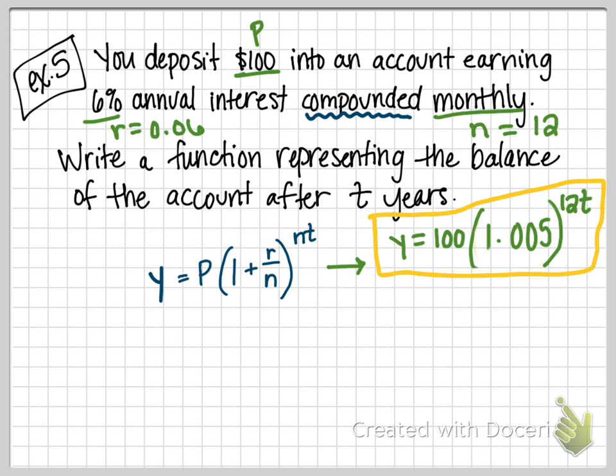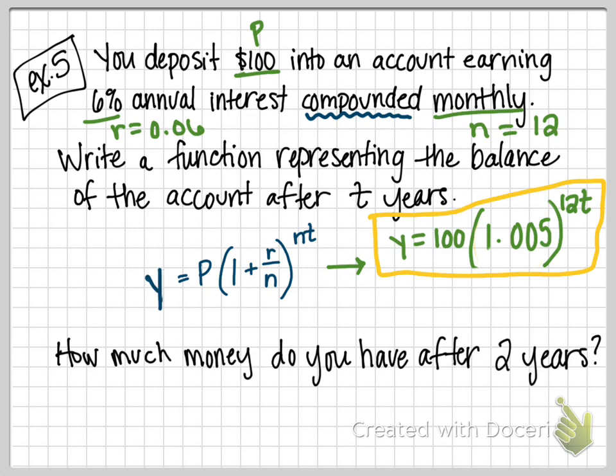Now, how much money do you have after 2 years? What are we going to do? You plug in 2 for T. So up here, instead of T, let's plug in 2. 12 times 2. All right, so we're going to do 1.005 to what power? To the 24th power, which gives us 1.12715, etc. And then we'll multiply that by 100,